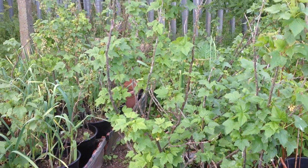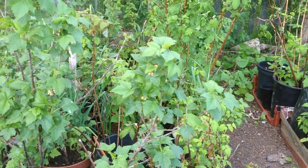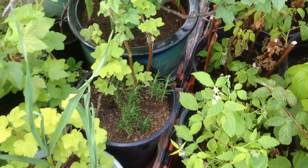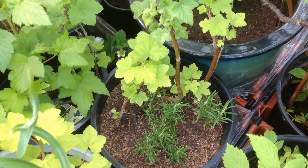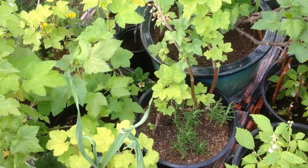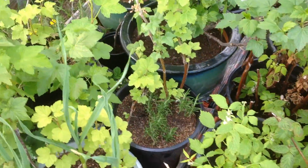They're looking super healthy. But what I have done, how can I show you this? Alright, I'll just explain it. Whereas I would have one plant in a pot, here's a good example. I took some cuttings of roseberry and I just threw them into any old pot. I have hundreds of little twiglets that I threw in the ground, which all seem to be growing, which is an exciting state. But I'm desperate for some currants to show themselves so that I can label a few things,